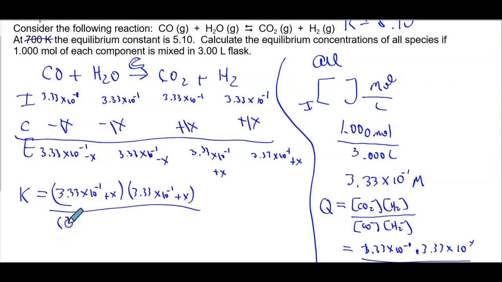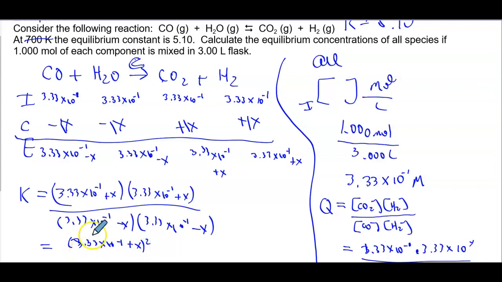So this is going to be 3.33 times 10 to the minus 1 minus x, and 3.33 times 10 to the minus 1 minus x. So these are going to be the same thing. You can think of as this, 3.33 times 10 to the minus 1 plus x squared